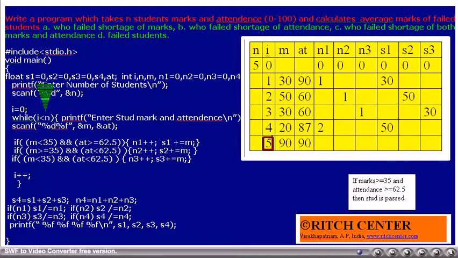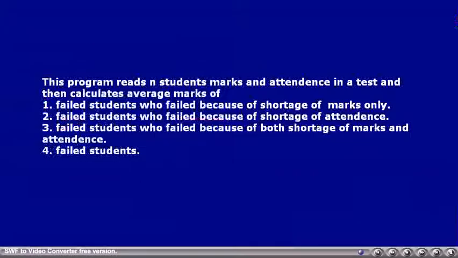As of now, the loop has executed n times. Here, n value is 5. That is the reason why it got executed 5 times. 5 students' marks are read, and the marks of those students who are passed, their total is calculated. The number of students who are passed is calculated, and thus the average of the passed students can be calculated in the next step. This program